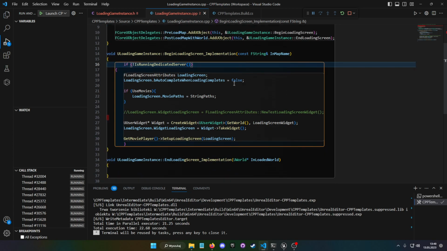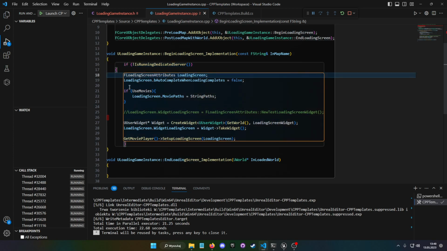So okay, first function, BeginLoadingScreen. We check if it is not running on a dedicated server. And then we need to initialize the loading screen attributes, which we call loading screen.